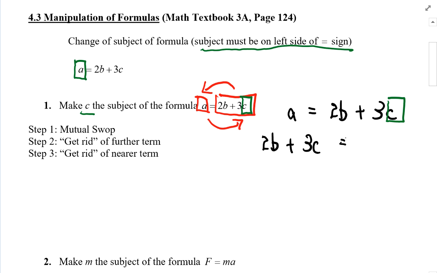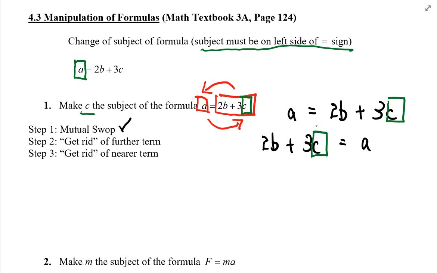What do you see on the left side? A. Now I rewrite on the right side. This is what I meant by step 1, mutual swap. Yes, step 1 is done. Okay, but again, I want C to be the subject. So C will stay here. Take note, I put it in a box for you to see clearly, but in your working, please do not write the box out. Okay, now step number 2 tells me that I need to get rid of the further